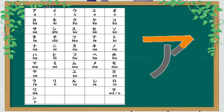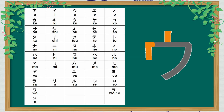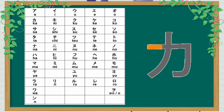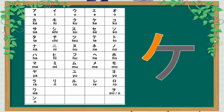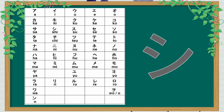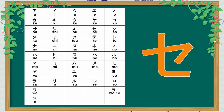A, I, U, E, O, Ka, Ki, Ku, Ke, Ko, Sa, Shi, Su, Se, So,